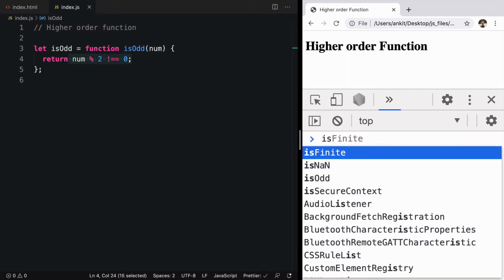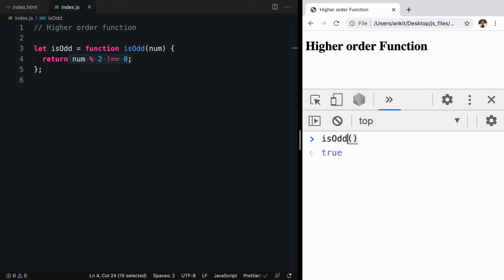We'll say isodd and pass 23 into it, and it will return true because 23 is an odd number. So in JavaScript, a function is an object is an expression. And because the function is being called by the variable name, we don't need a name for the function. A function without a name is known as an anonymous function.